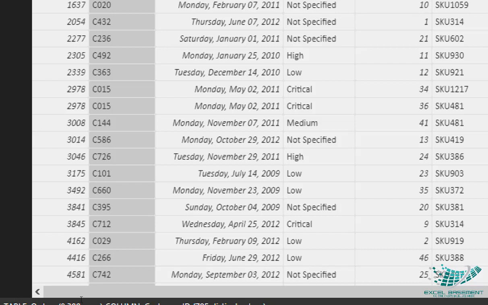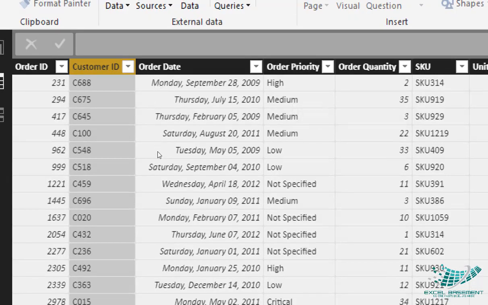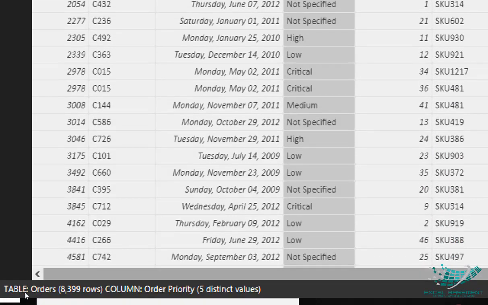So very quickly, this status bar at the left bottom shows you some statistics, just like the calculation area in Microsoft Excel shows you at the bottom the sum, average, max and min when you select value cells or arrays in normal Excel sheets. Similarly, this status bar shows us that in total we have 8,399 rows and 795 unique customer IDs. If I want to know how many unique order priorities we have, I just click on this column and go down below. It shows me that total rows are 8,399, but order priority consists of 5 distinct values. So simple, it shows me without any calculations.